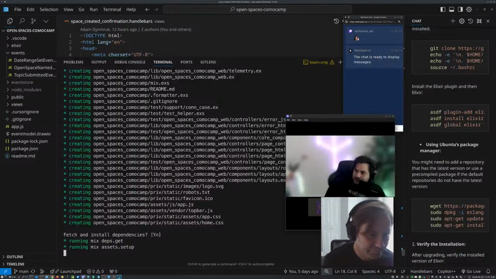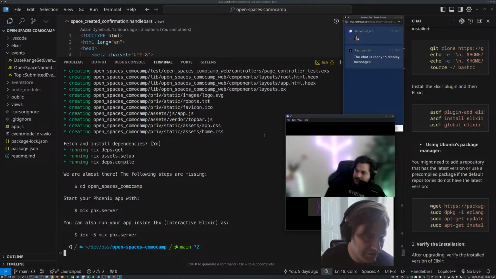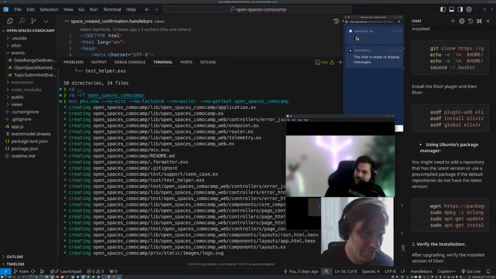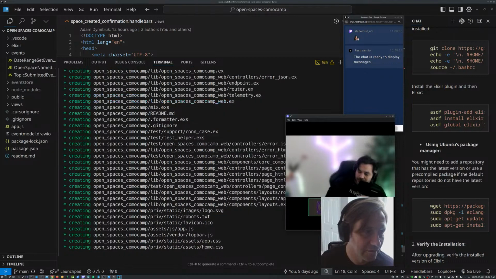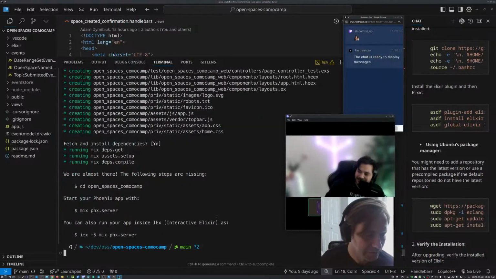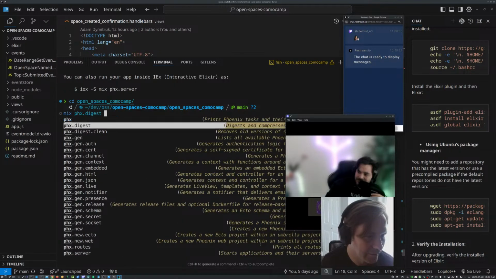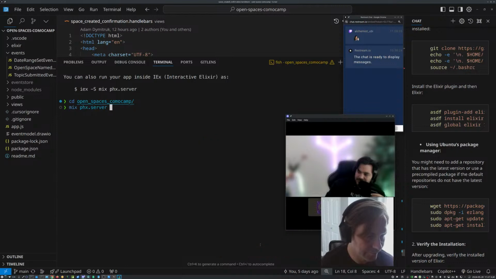Okay. Cool. And then let's see. Does it come with a little Hello World page already in there, or do you have to make that yourself? No, it comes with one. So do what the docs are telling you, which is cd into it, then the Phoenix server, and mix. Oh, okay, I see. Cool.